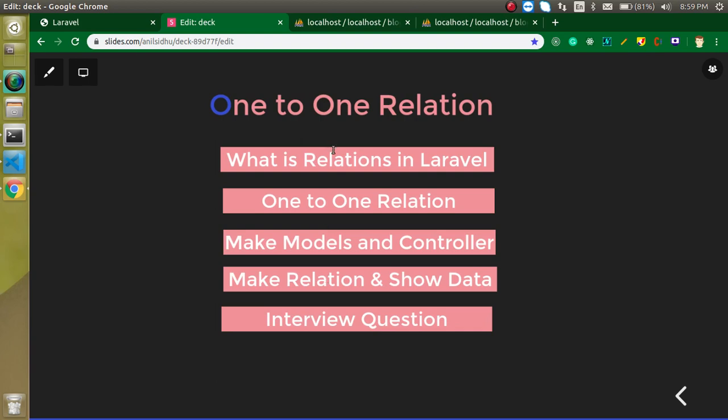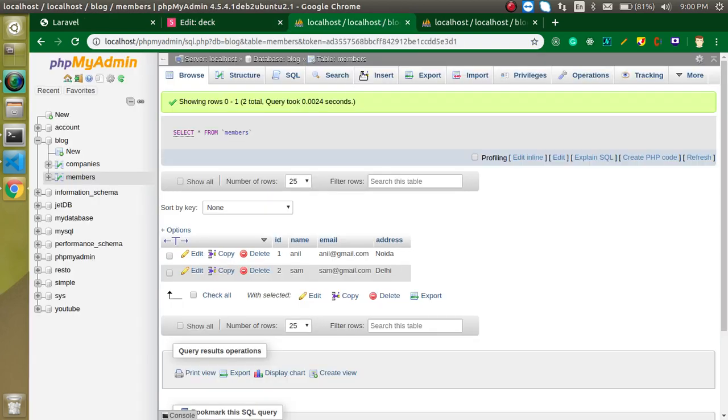Now let's see what is relation, right? Then we will talk about the one-to-one relations. So fetching the data from two tables on the behalf of any similar key is basically a relation. So what can be a similar key? Like I just want to show you an example. So let's say we have two tables, one is members and another one is companies, right?